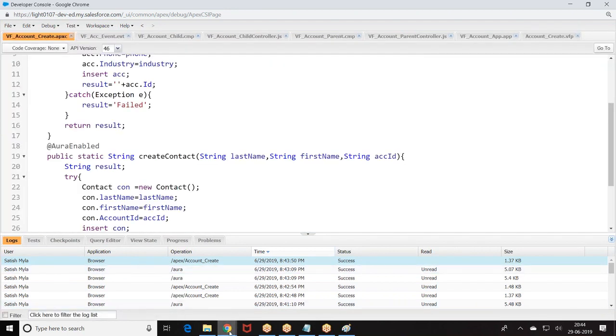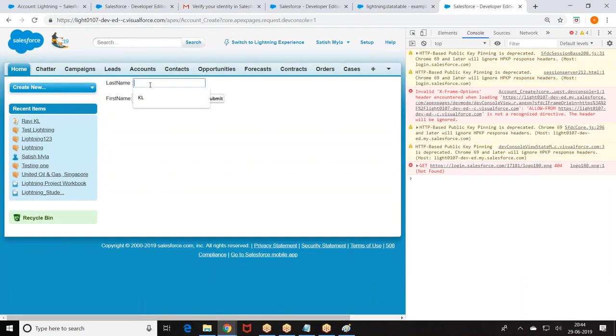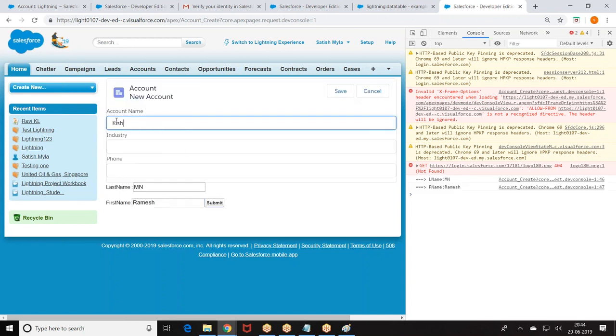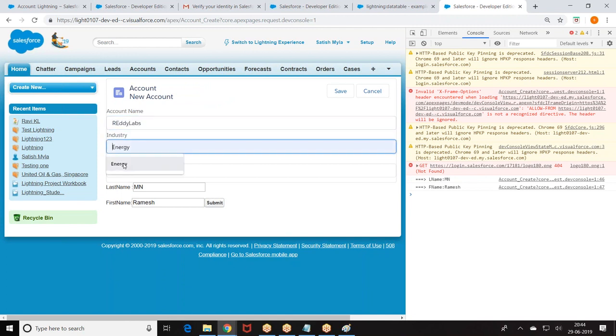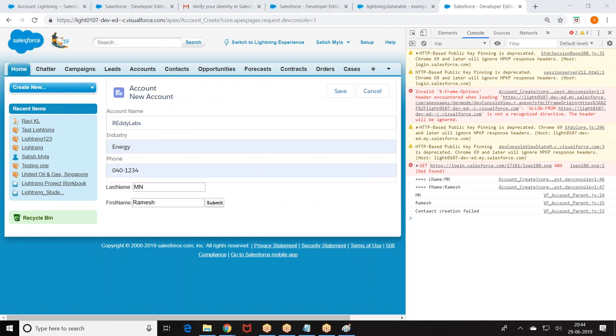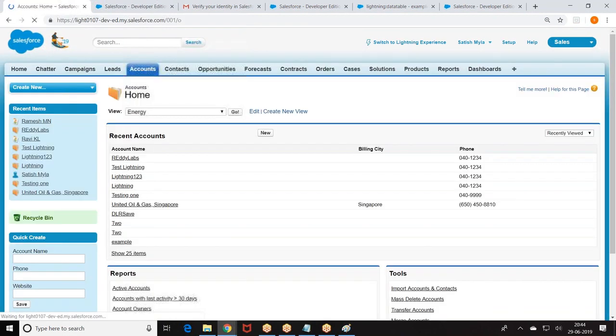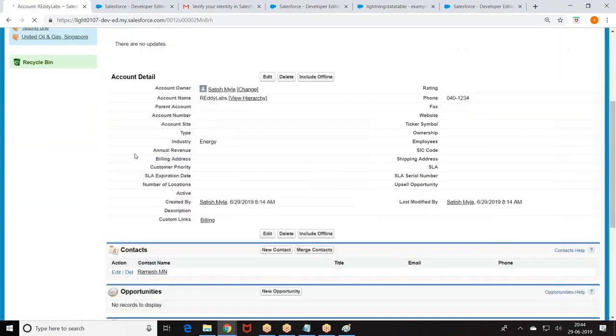Okay, so move back to the story again. Contact creation failed. First go back and see the data. The DML is getting failed here.